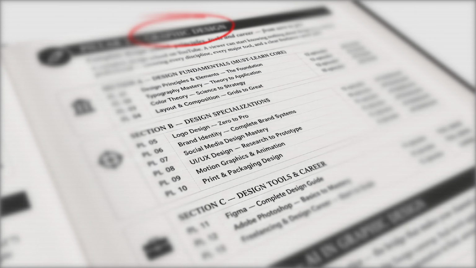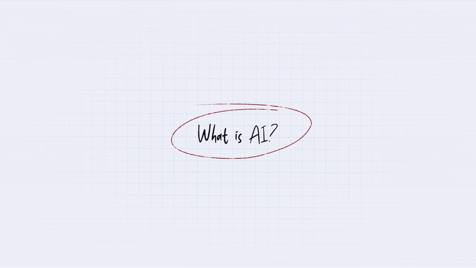So the goal is to help you understand AI deeply enough so that you can use it intentionally, creatively, and professionally as a designer. So from now onwards, on the channel, you can expect videos related to AI, design, and AI in design. So that on one side, you can understand design better, and on the other side, you can understand the technology that is changing the design industry, and slowly you can connect both of these, AI and design, with each other. So today, we are starting from the absolute beginning. No technical jargon, no hype, no fear. Just one basic question. What is AI? Let's get into it.